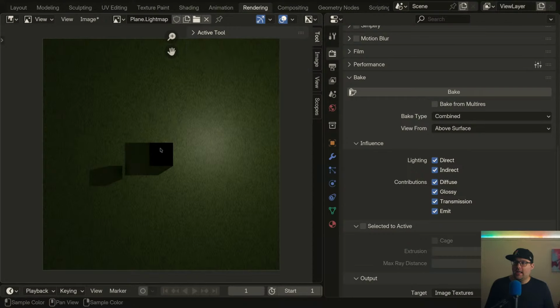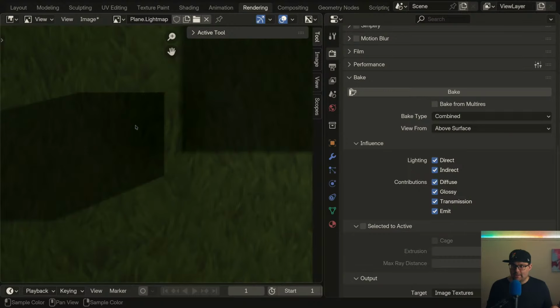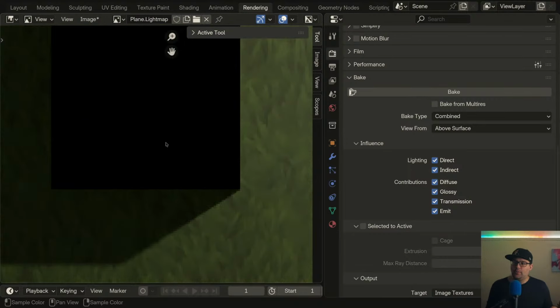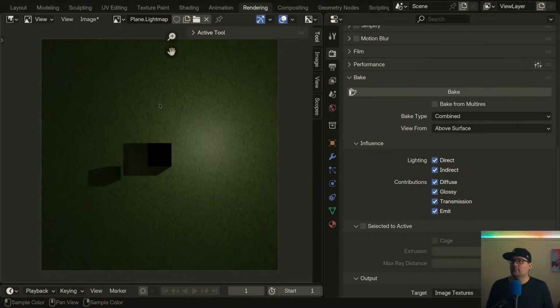Right? We've got a completely dead spot in the middle. We've got some shadows. And because the cube on the left is lifted up a bit, we actually don't get a fully black spot here, whereas this cube is directly on the plane mesh, so it is completely black. So we should have this image now. Question is,